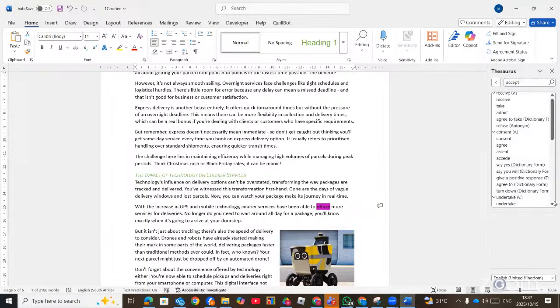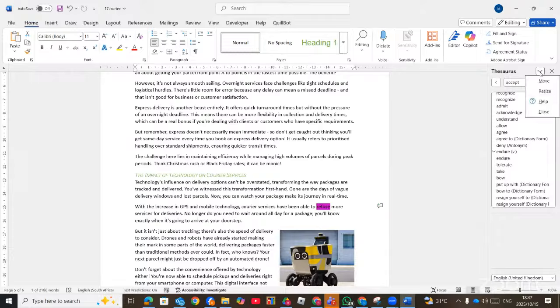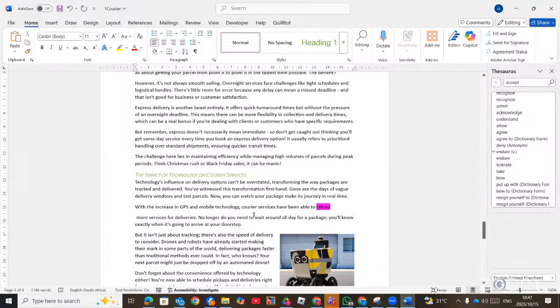Which can be accepted. There are so many of them, so you have to choose them and then you'll be able to accept it or reject it. Right, so that is it. Now,